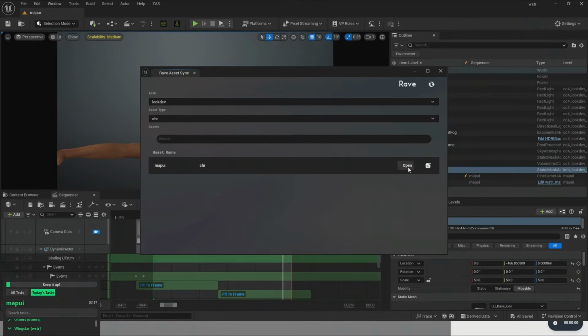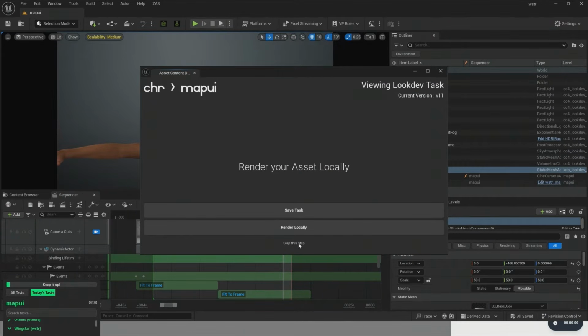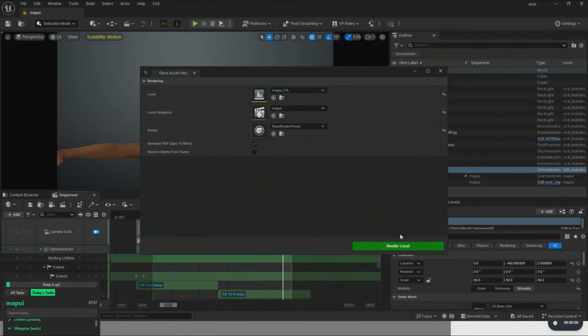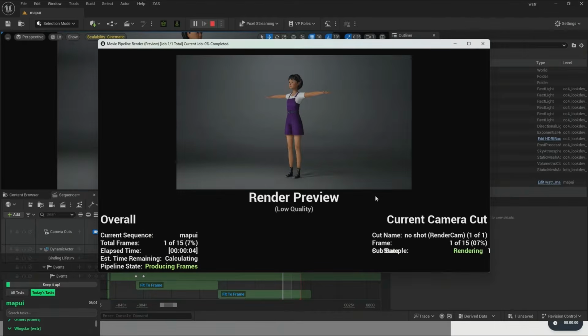We extensively develop these utility widgets, so once your lighting is done, once your look development is done, you can come back to the widget, take a local render, select the render preset to render with, and hit render local. Now, as it's rendering, what it's also doing is pulling in the data from the